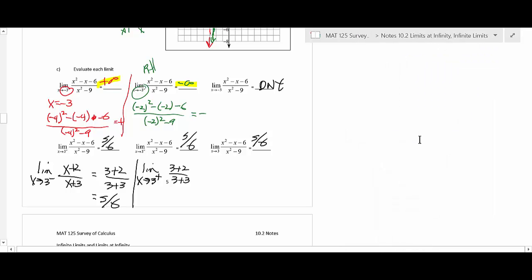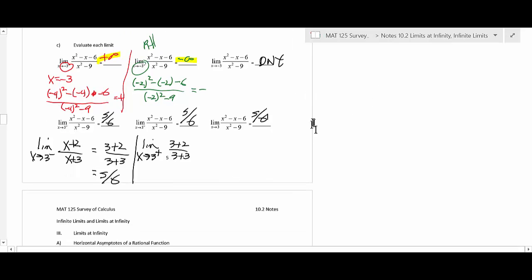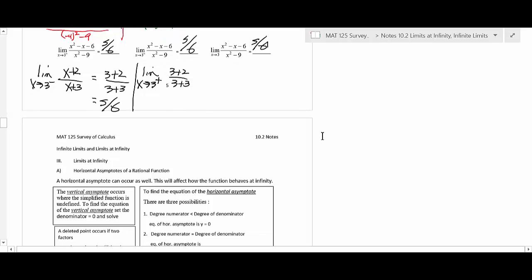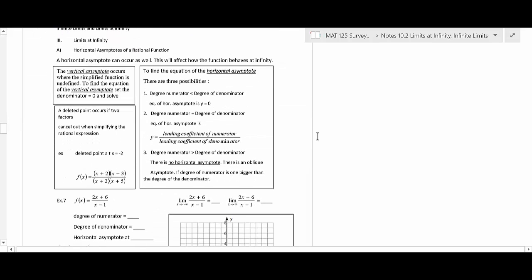Now, part of what we're doing in a business calculus class is we'll start doing a lot of applications with business, and rational functions have a lot of application to them, as do polynomials. We want to get comfortable with learning how the functions behave and how limits tie in. Okay, so on the next page,